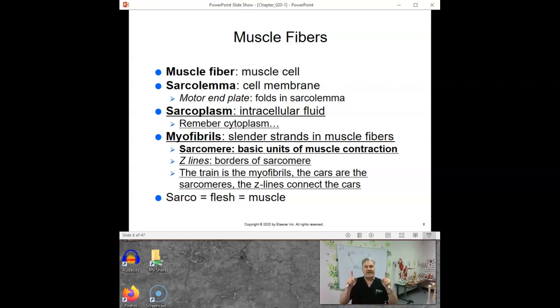So what your body does is it takes a long muscle like this and it's just got to get that entire muscle to shorten itself by an inch. The entire muscle. And to do that, it has tiny little muscular compartments in the muscle cell that shorten. Those compartments are called sarcomeres. So inside our imaginary muscle here, our horribly drawn imaginary muscle, you can imagine a giant train. And that train is made up of cars.